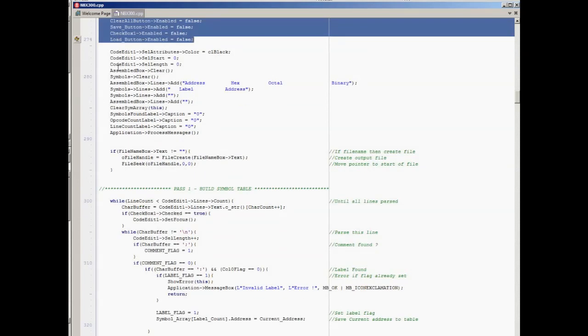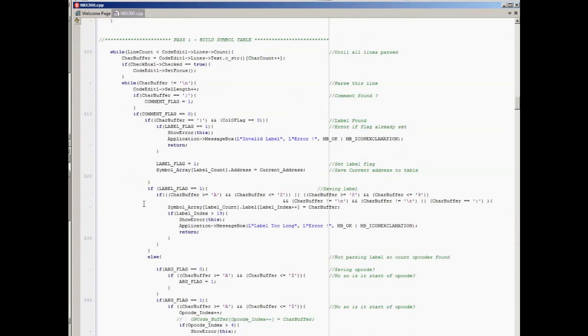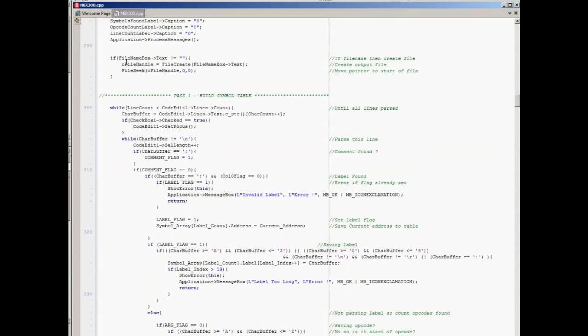Then it initializes some other values and clears the edit boxes, just to make sure the application is ready to start the assembly process. If a file name has been provided for the output file, this is the binary output file that will be used to program the ROM, then it will try to create the file itself. So if you don't want to create the file, you just clear the file name and it won't create the